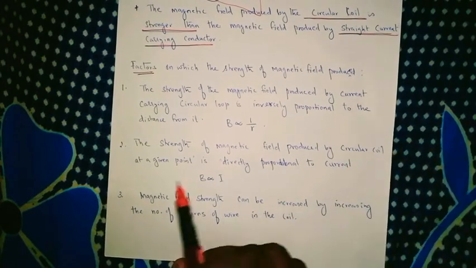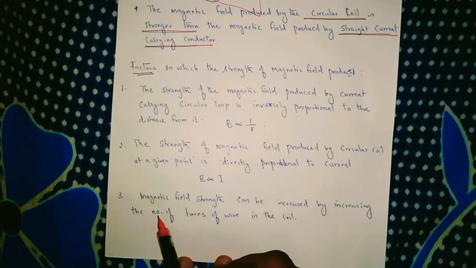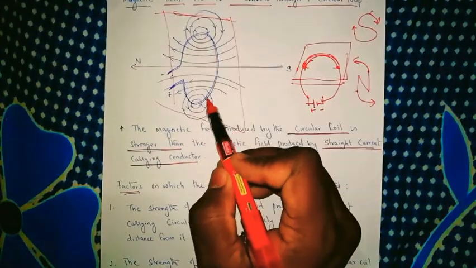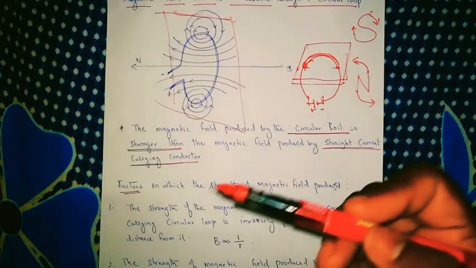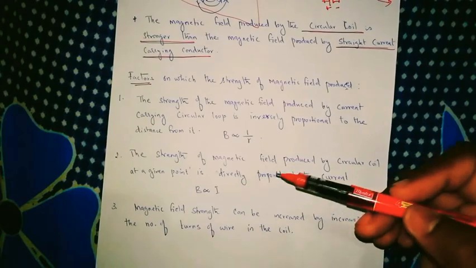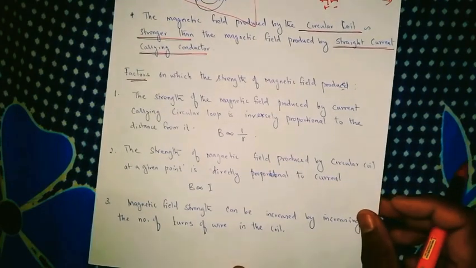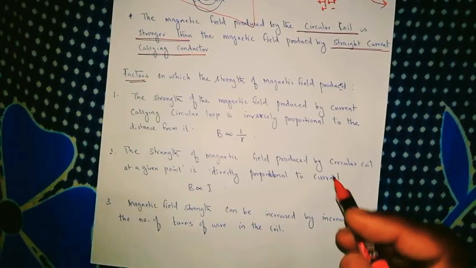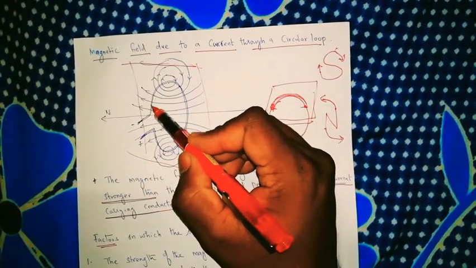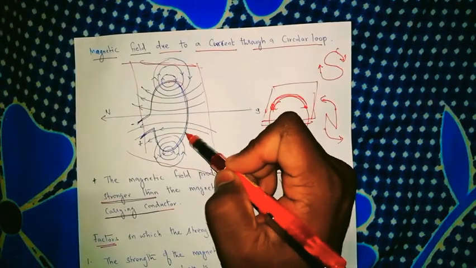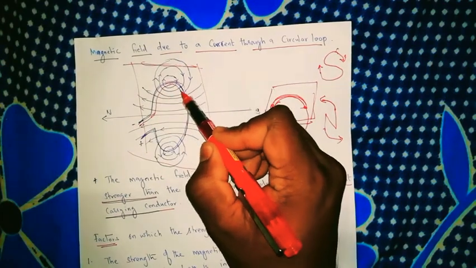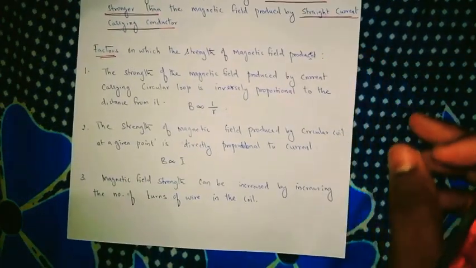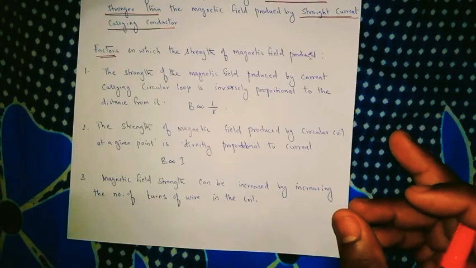The third thing is that the magnetic field strength can be increased by increasing the number of turns of the wire. Here you can see only one loop, right? If we have more loops, meaning the number of turns of the coil is more, then the strength increases. You can take an example in your book, given on page number 229. There's a bunch of coils. Here we made only two loops, two wires. If we have many wires like this, then yes, the magnetic field strength will be increased even more.